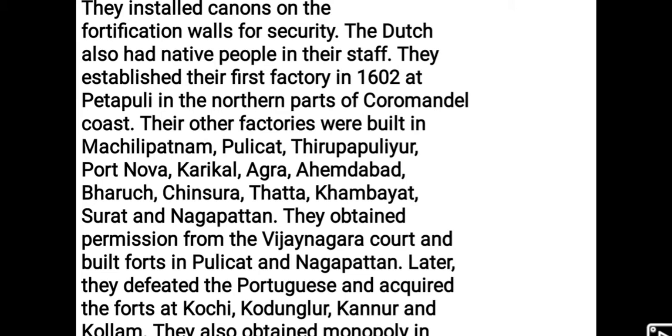So they obtained the permission of doing monopoly in black pepper, Kali Miri, by entering a treaty with the king of Kochi. Who gave the permission of doing monopoly trade of black pepper? Yes, the king of Kochi. He gave permission to do trade based on monopoly through a treaty. They signed a treaty, and by that treaty they got the permission of doing monopoly in black pepper. Monopoly, single seller.